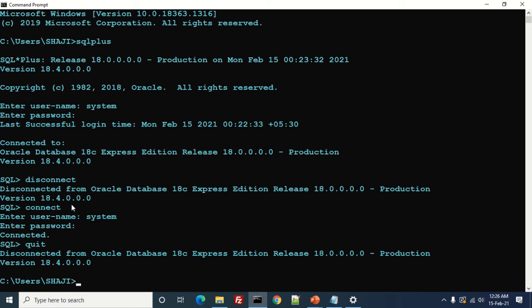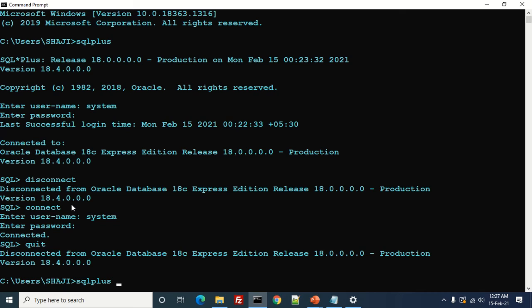Let's start SQL Plus again. How to start? I'll write sqlplus, but this time I'm going to use a different way so that it will not prompt you for username and password. I'm going to give the username and the password at the command prompt itself.